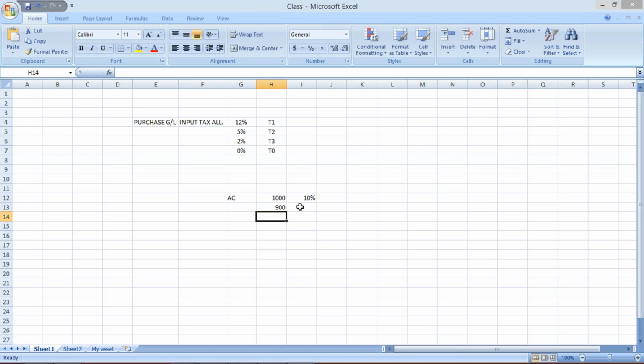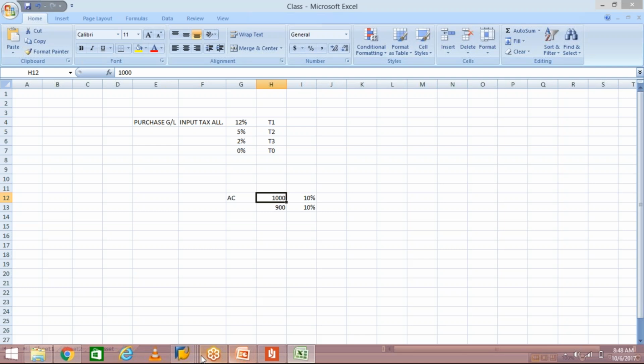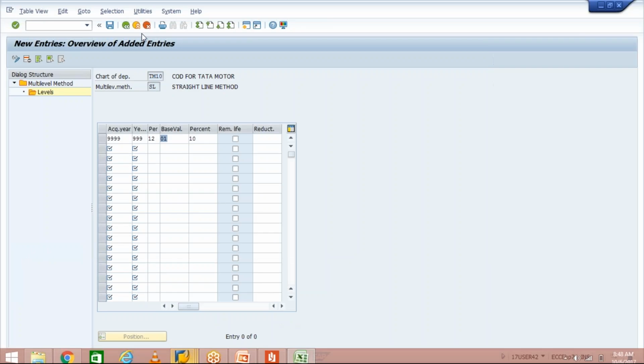So now 10% will be calculated on 900. So what is this 900? This 900 is your book value. So every time depreciation will be calculated on book value during the declining balance method, whereas in a straight line, depreciation will be calculated on acquisition value. Acquisition value is nothing but the value or the price at which we have acquired the asset, at which we have purchased the asset. Okay, so now just save this